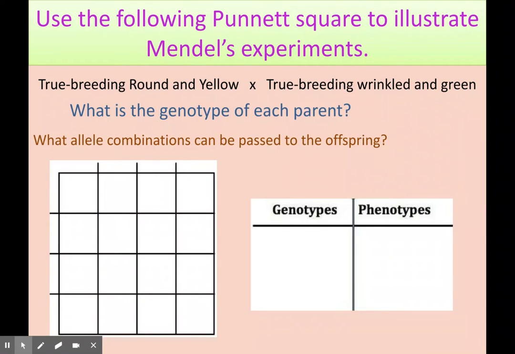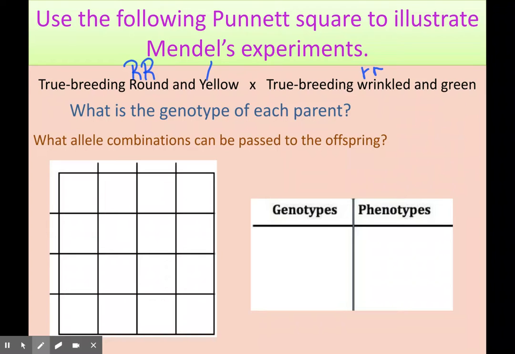All right, so we've got true breeding round and yellow and true breeding wrinkled and green. So we're going to say round is a big R, so this is going to be RR. And wrinkled, we'll use little r, little r. And then yellow and green, we'll use,